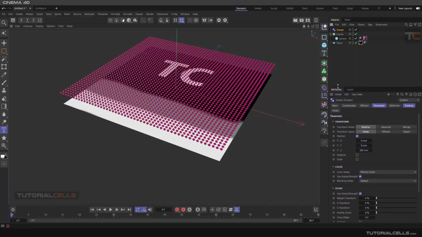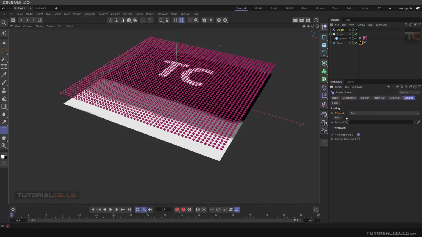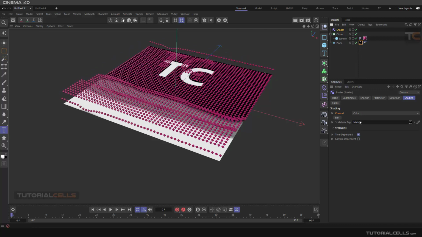Okay, as you can see, this is our effector and this is the shader parameter. Everything is nice. So again, you have to go to the shading and you have to write from color. Which tag do you want to write on? This tag. Click and drag it there. Now, as you can see,